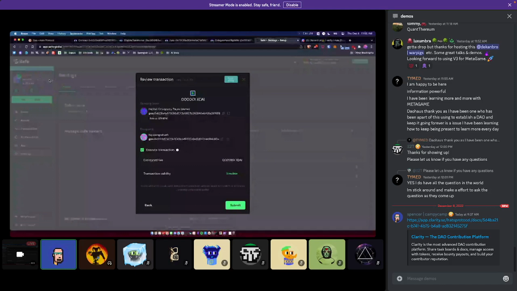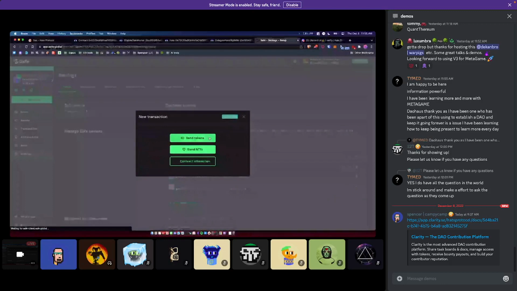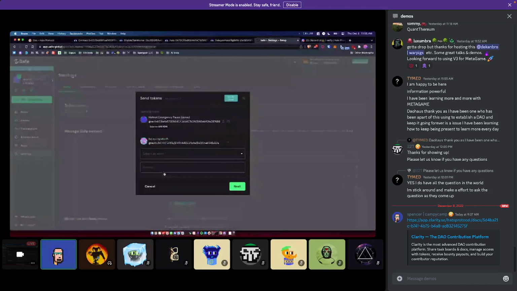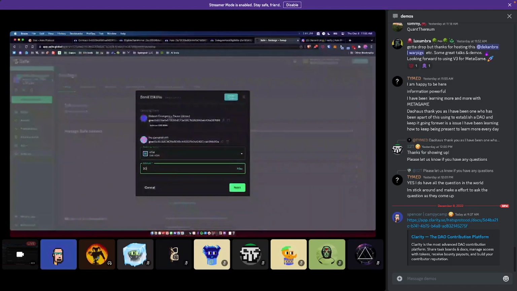A valid signature in this case is a signature from somebody that is still wearing the appropriate hat. I'm not sure. Let's try to see if I can simulate this again. I don't know if that's going to work here. Okay, it didn't get reflected there. I think I have to do a new transaction. So let's try the same thing where I send some dust.